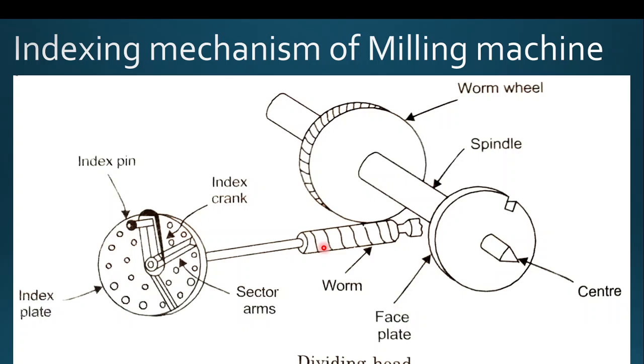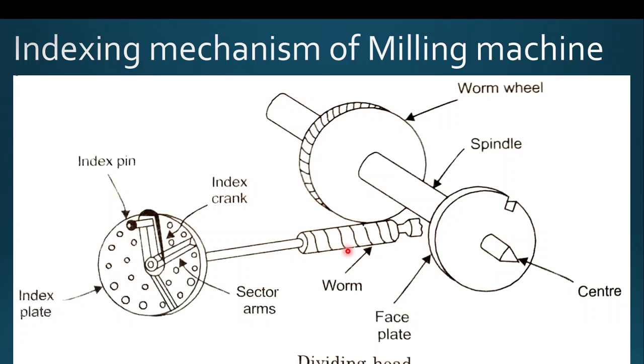So the dividing head is nothing but the part which is used to actuate the indexing mechanism. The dividing head is nothing but the indexing head. It's actually an attachment used in all the milling machines. The purpose of this indexing head is to accurately divide the circumference of the workpiece for grooving or fluting or gear cutting or cutting of any splines, squares or hexagons. For that purpose, we can use this indexing mechanism.